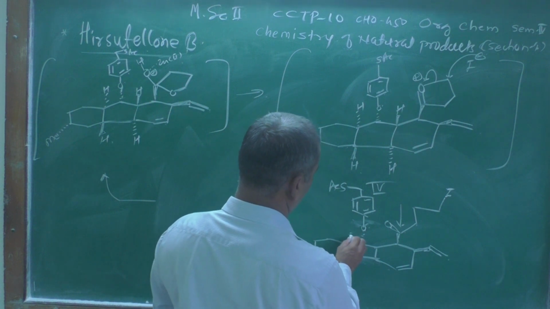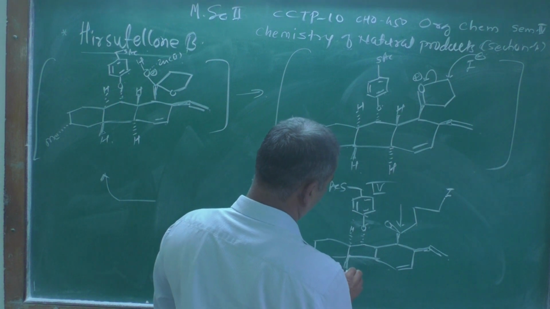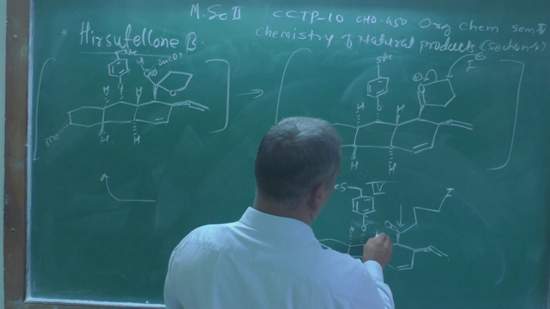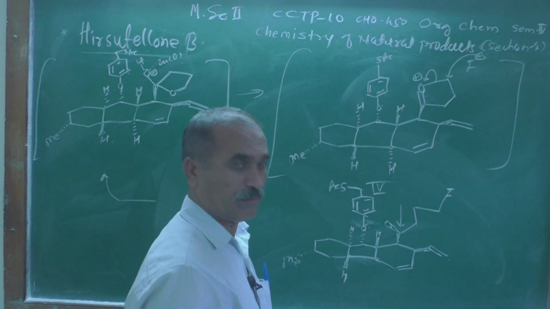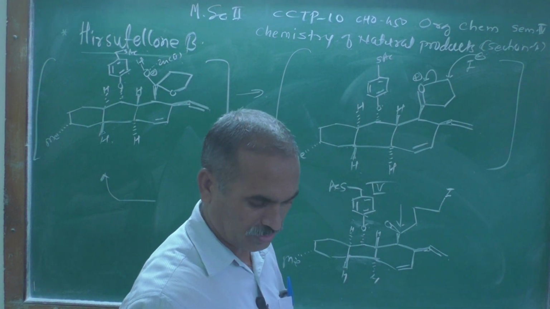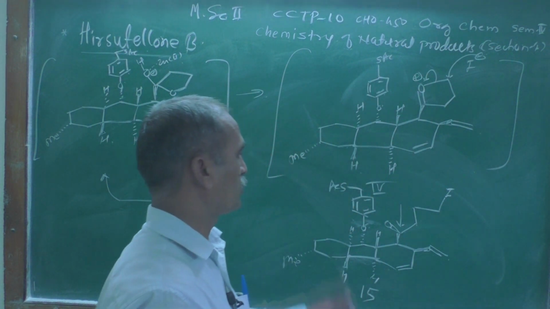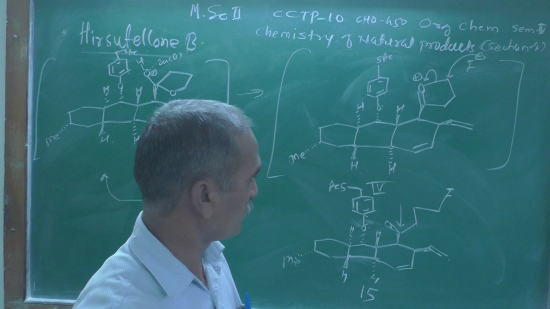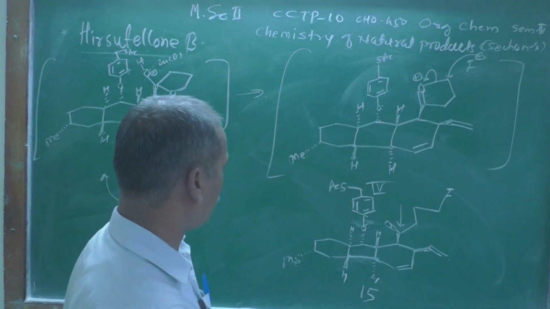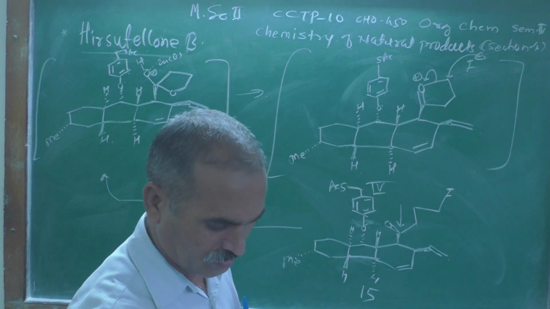Here one of the hydrogen atoms is below the plane, and this hydrogen atom should be above the plane. One of the hydrogen atoms alternatively is above the plane, and this should be below the plane. This structure we can call structure number 15, because up to 14 we got this one. Now this is structure number 15, and after 15 the reagent which we are adding